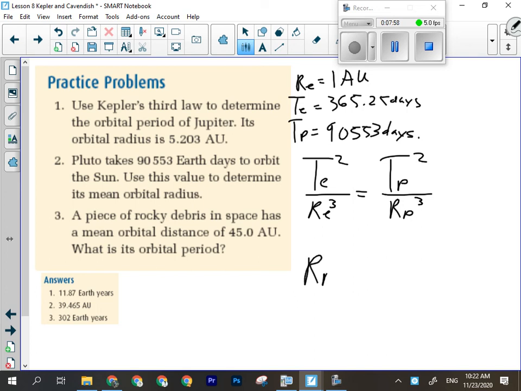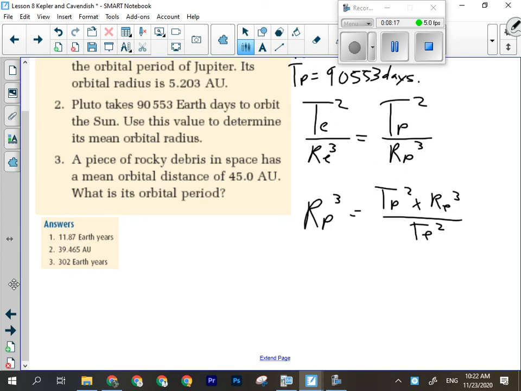So the radius of Pluto's orbit cubed is going to equal the period of Pluto squared times Earth's orbital radius cubed divided by the period of Earth squared. So if I want just the orbital radius of Pluto, it will be the cube root of